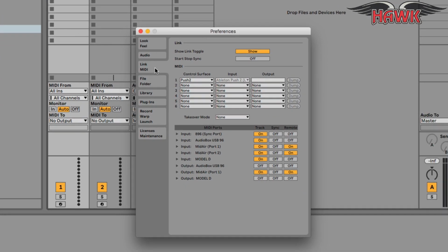So there is our MIDI preferences, and there is the Model D. Now we need to send MIDI information out to the external hardware devices. So we'll turn on the Model D, output to the Model D, and output to the audio box's MIDI output